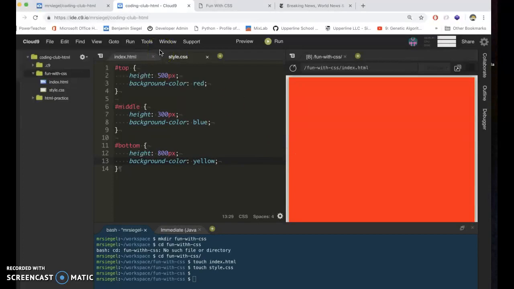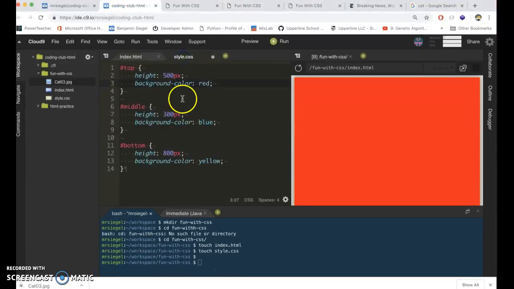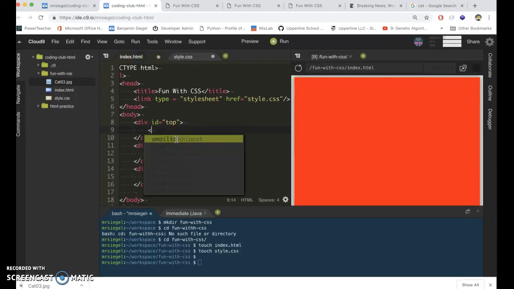So today I actually want to make something a little bit more interesting. So sorry, I cut off and now I'm back. So what we're going to do is actually make my website about a cat today. All right, my cat that I love, and I'll show you how to make this look a little sexier than just these 3 divs. So first thing we're going to do is add an H1 to our